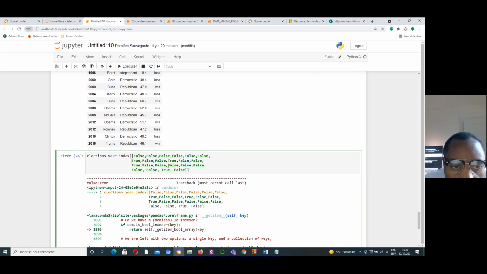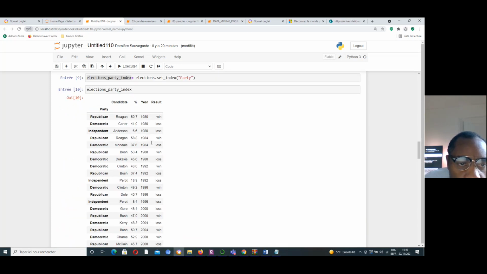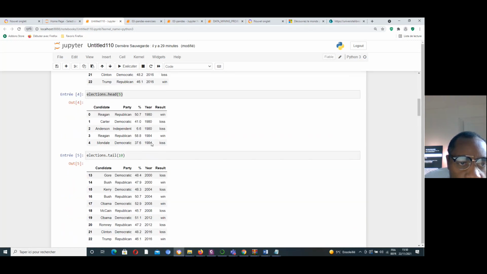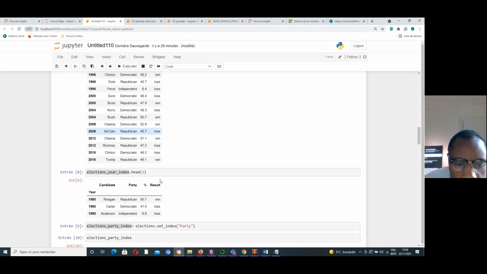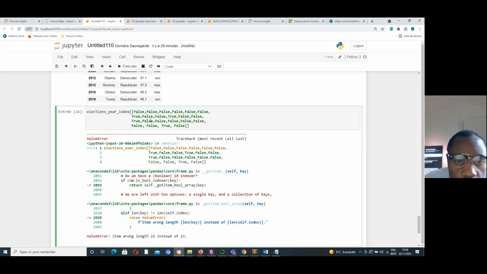Two. How many columns do we have? 22 columns, I hope. 22, yes, 22. Let's go and count again. False, false, false.